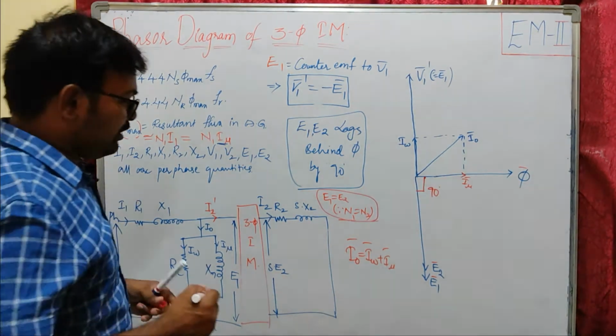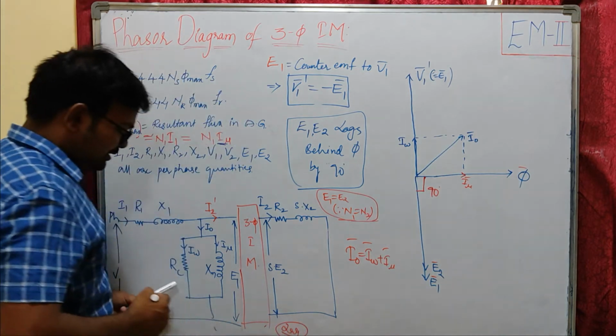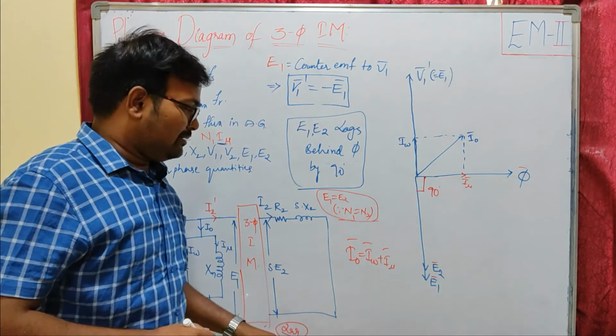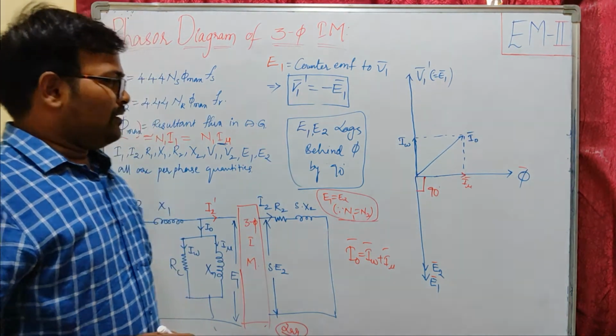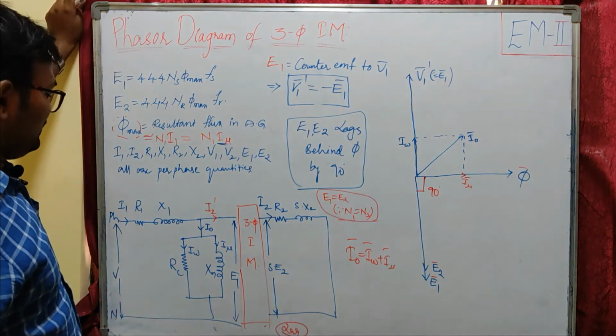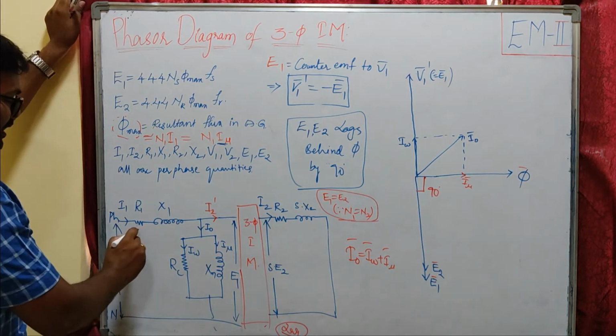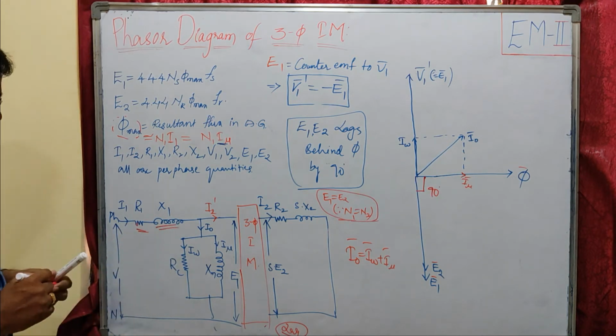Now, as you already know, our induction machine is a lagging power factor machine. That means the current vector will lag the voltage by some angle. Let us draw the rotor side components. We are done with the stator side components, I think. We are left with our rotor impedance, that is R1 X1.